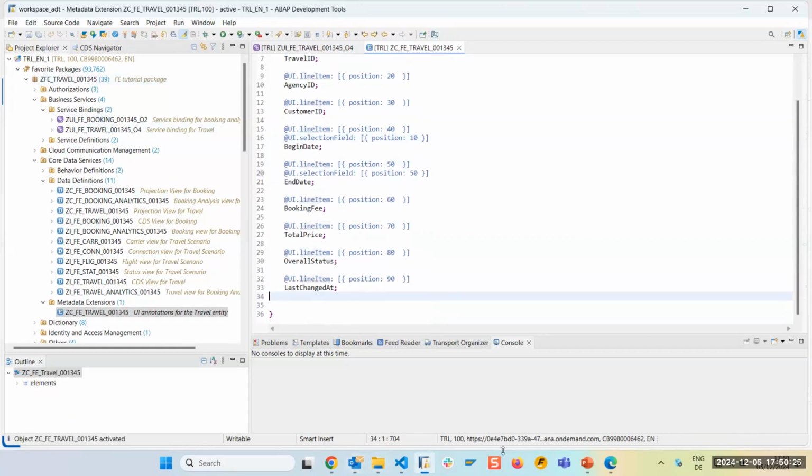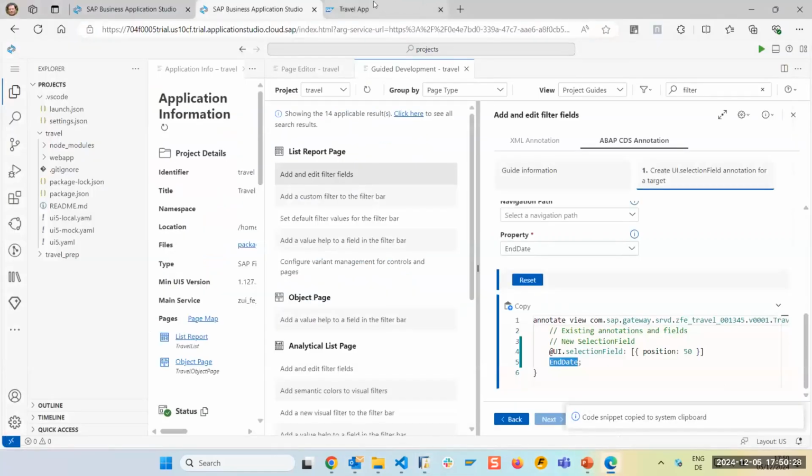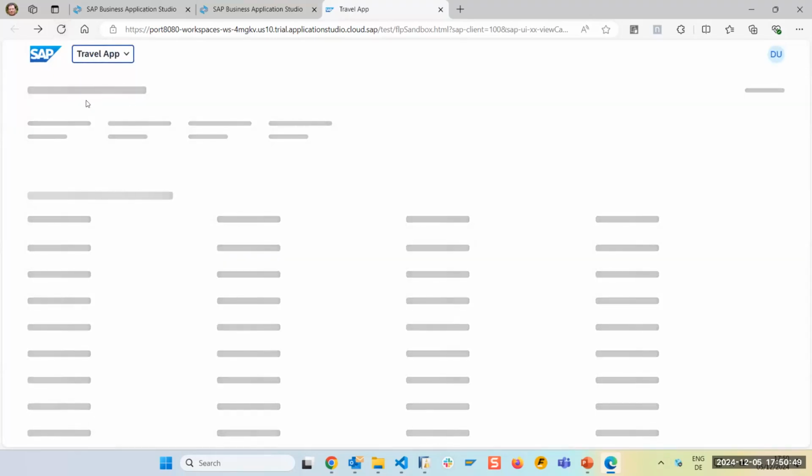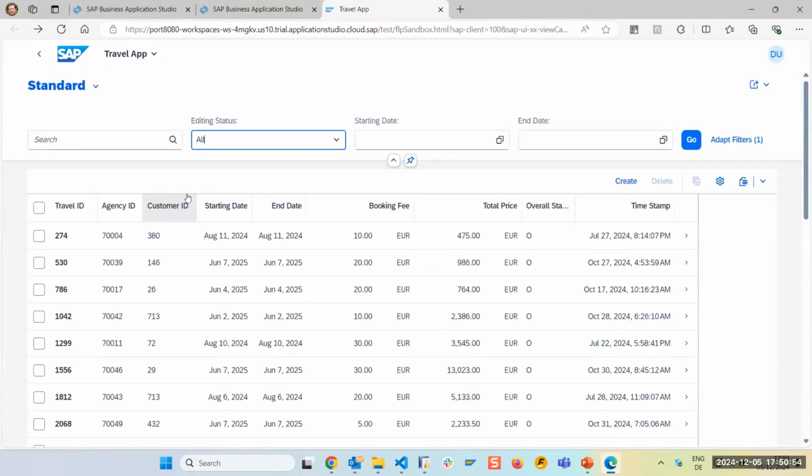Okay, and I have to activate. So, going back now to my application preview, and then I have to refresh, and I see the field, hopefully. Yeah. Good. So. Yeah, takes a moment now to get it from the, yeah, perfect. I have it here. Good. Okay, so this was basically my demo part regarding the bridging between the tools.